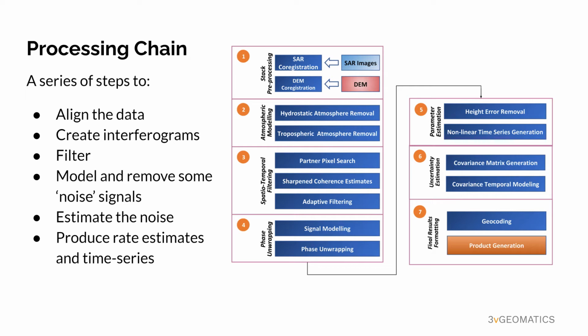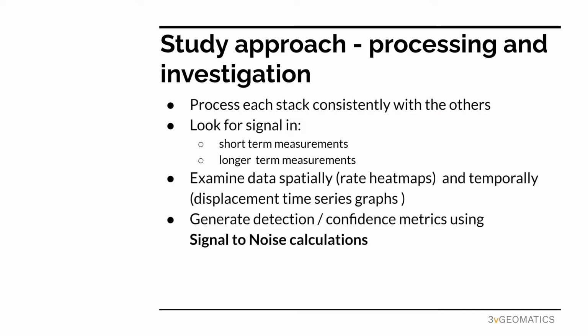Error estimates are derived from a three-component model using atmospheric variability, changing surface conditions, and errors in the elevation model. We use the uncertainty estimates to calculate the signal to noise ratios, or SNRs, which provide an estimate of the significance of signal measured in the context of the noise floor of the data. At the end, we have a set of measurements we can investigate a number of different ways.